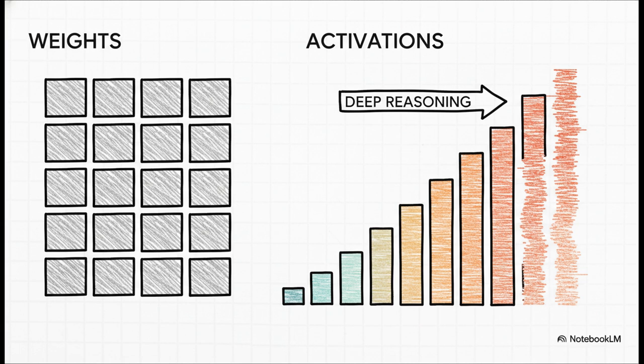And what the experts have found is that when a model is doing some really deep thinking, the range of these activation values just explodes. When you try to quantize that, you crush all the nuance, and the model's ability to follow a long chain of thought just falls apart.